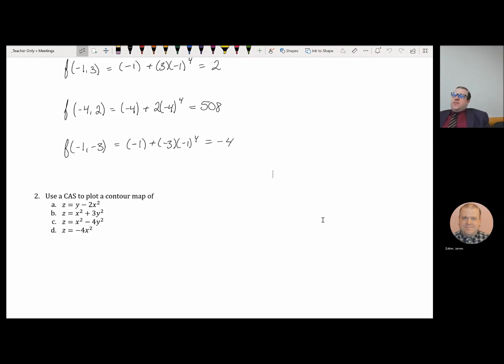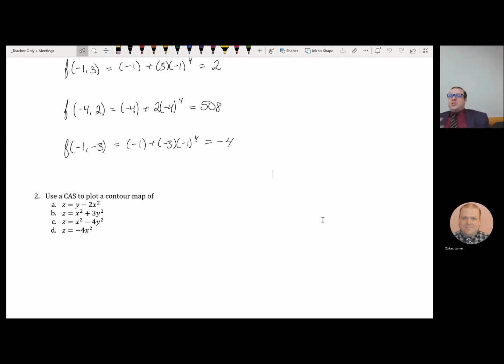A single level curve is of the form c equals f of x, y for some c in the range. So I could say, what is the 2-level curve? Then that would be f of x, y equals 2. And then what is that shape? We're just going to go ahead and use Mathematica to plot